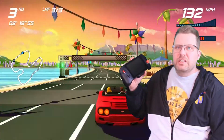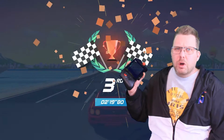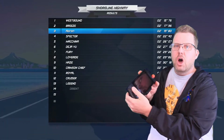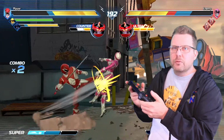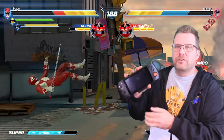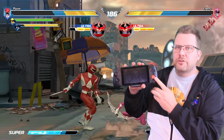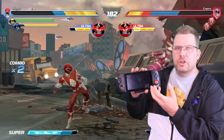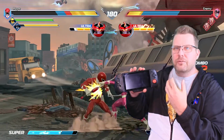As far as the buttons go, the build quality of this thing is really excellent. The thumbsticks have a lot of nice play on them. They really remind me of Xbox 360 thumbsticks. A nice feature here is with the right thumbstick, it's removable and it has a click lock feature that allows you to have 3